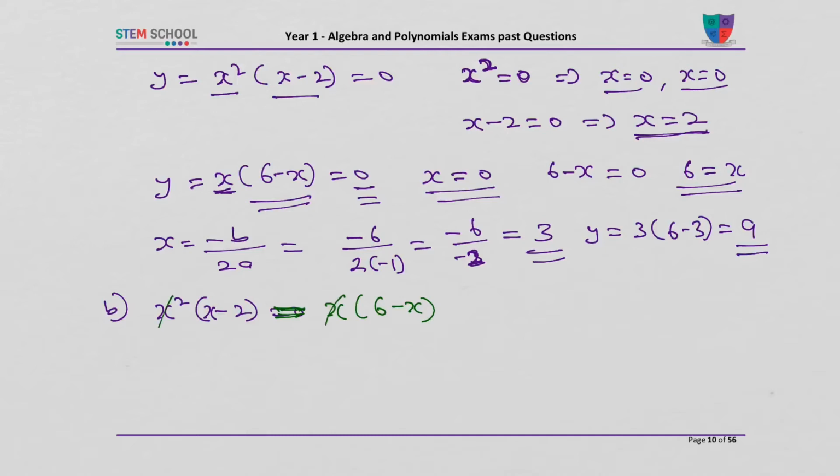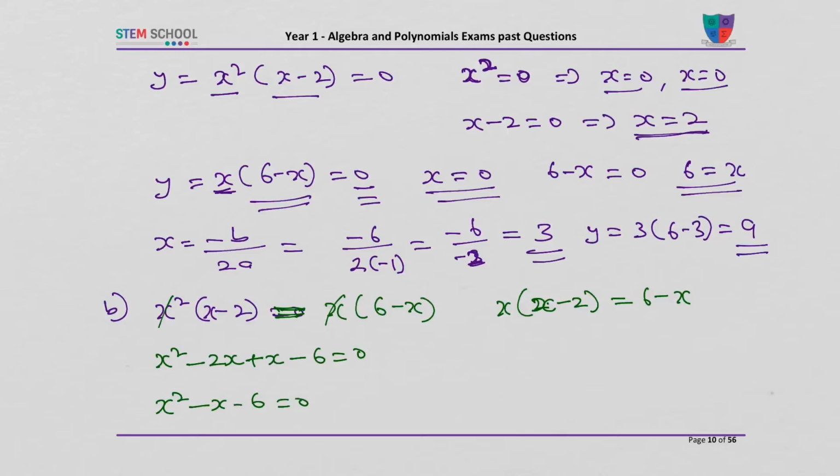x will cancel x, so I'm going to get x into bracket x minus 2 equals 6 minus x. So that will be x squared minus 2x plus x minus 6 equal to 0. So I expanded, and then I moved the right hand side to the left. So I get x squared minus x minus 6 equal to 0. If I factorize that, I will get,